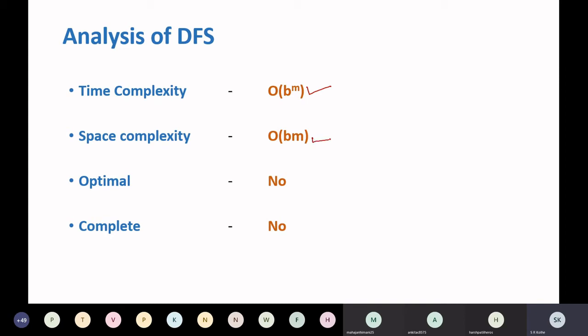Now, how to find out space complexity? Space complexity refers to the maximum number of nodes you will have to store in the memory during execution of the algorithm. At any time t, the maximum number of nodes you will be storing in the memory will be B multiplied by M. Suppose B, the branching factor, is 2 and M is equal to 3, so 2 multiplied by 3, that means maximum 6 nodes you will have to store at any time